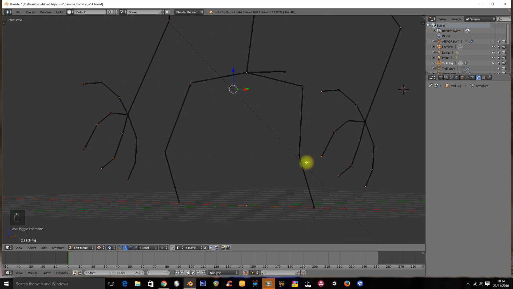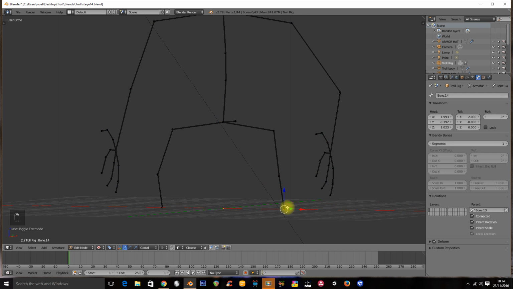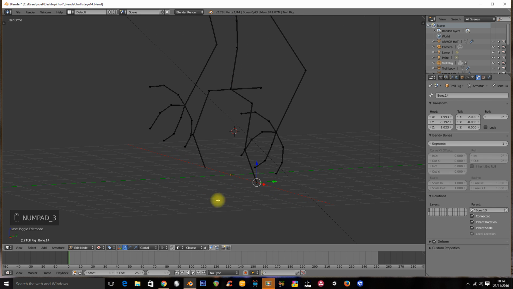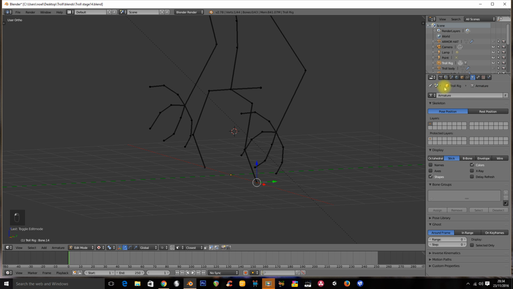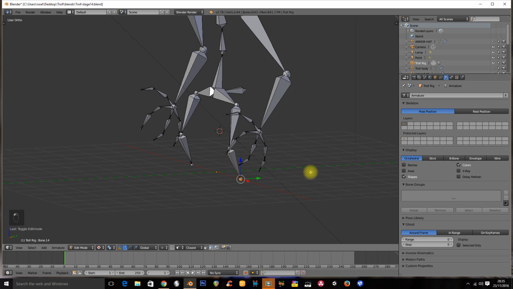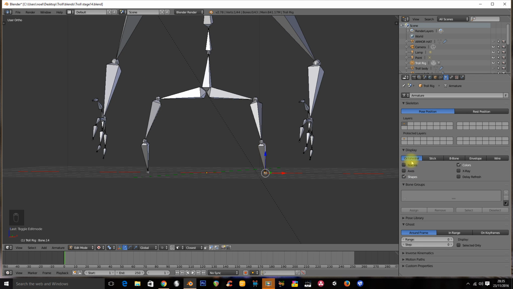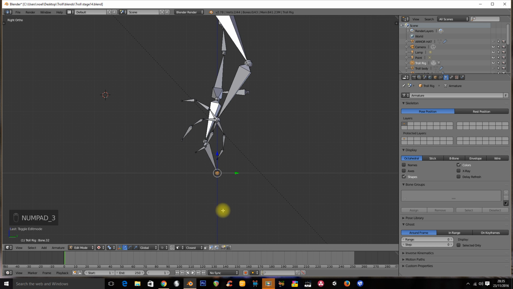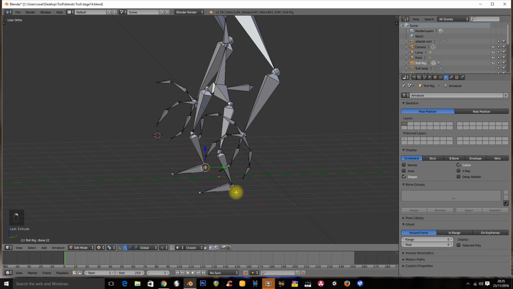I need to add a few more bones in. So first thing I'm going to do is go to my skeleton settings. This little icon here is the settings for the skeleton. I'm going to go to octahedral, the one we're used to using, instead of stick. It's just easier to select the joints here. So I'm going to select both of these, and I'm going to extrude and give him a forward facing foot, and I'm going to give him